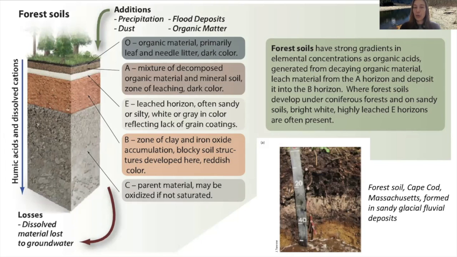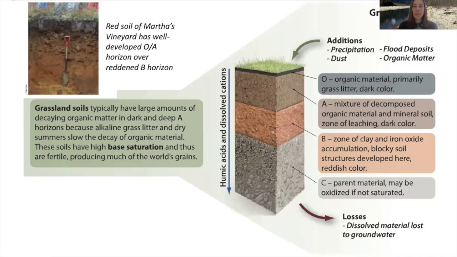iron oxide accumulation. Now looking at an example of grasslands, the title is covered, but you can see the grass at the top of this cartoon column on the right-hand side. It's grasslands, we get pretty similar set of soil horizons to that of the forest. But you can see here there's a very thick A horizon and a very thin O horizon at the very top. That zone of clay and iron oxide accumulation is still present in grasslands, which are pretty characteristic of these